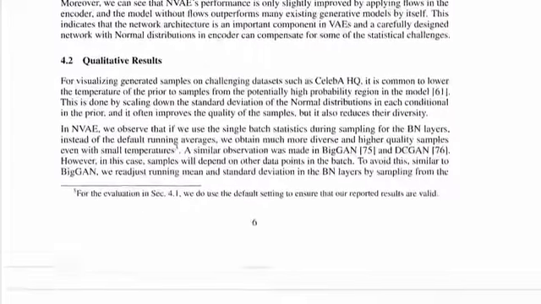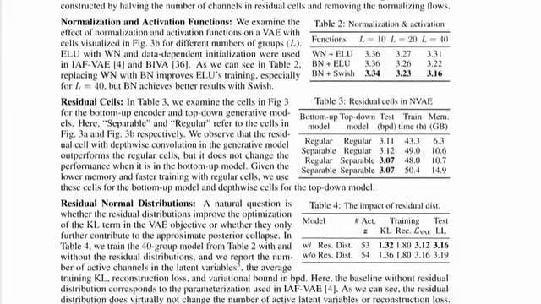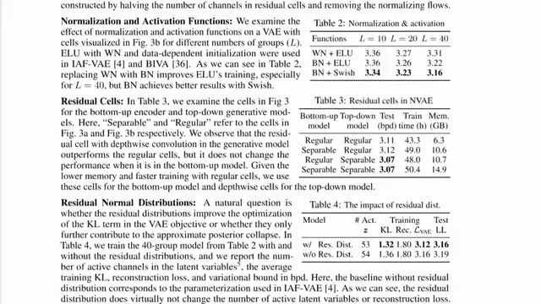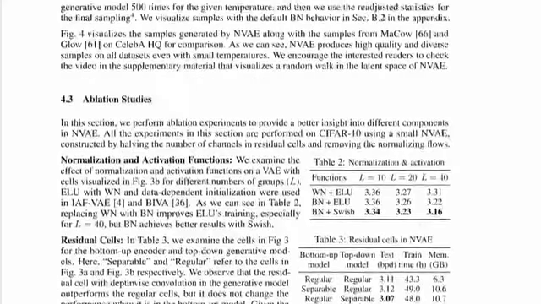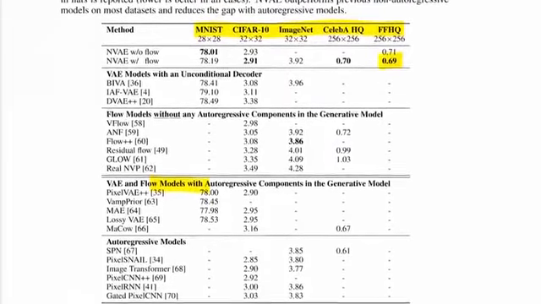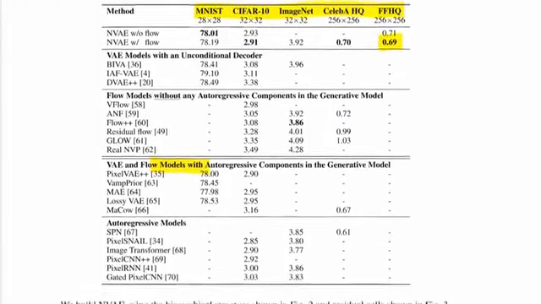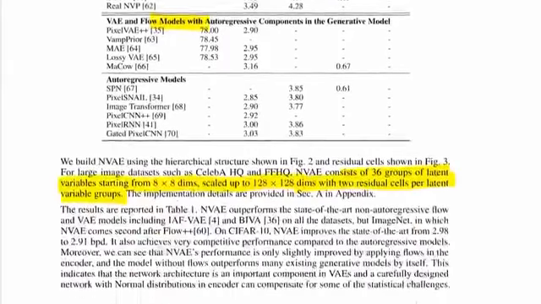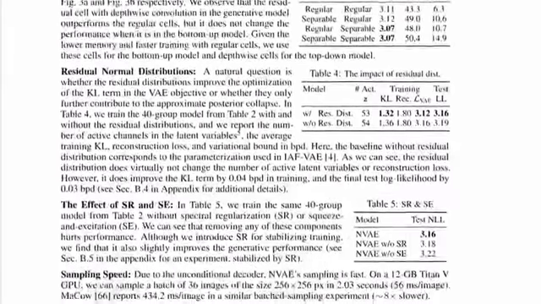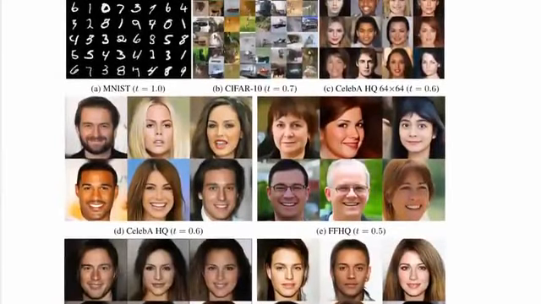Cool, so that's the main result. Then they have ablations, where, as I said, all of these things contribute a little bit to building this bigger and bigger and deeper variational autoencoder. So it's hard to say what exactly makes this work, because all of it makes it work. And I guess they just kept going until they beat state of the art, or until they ran